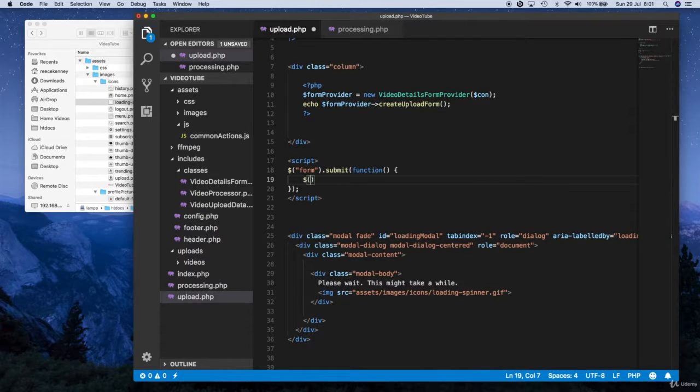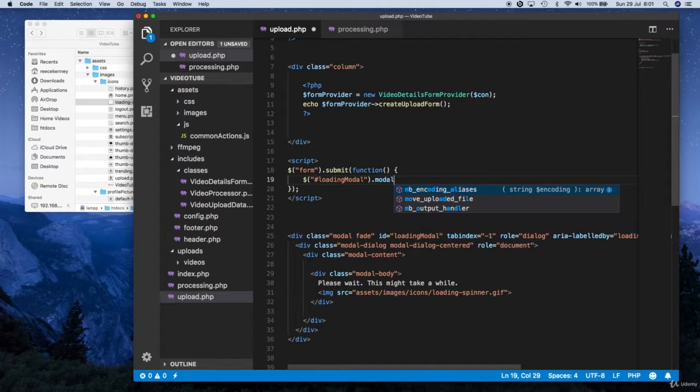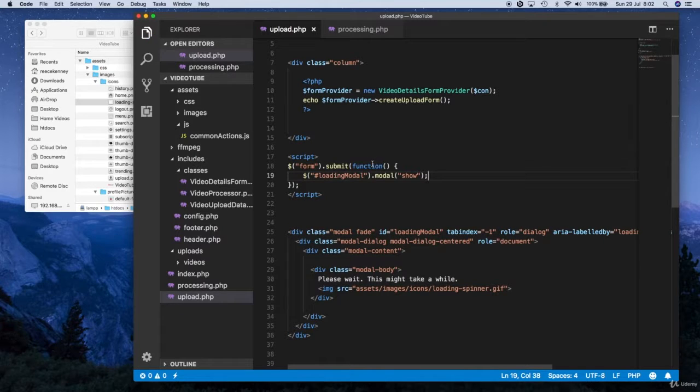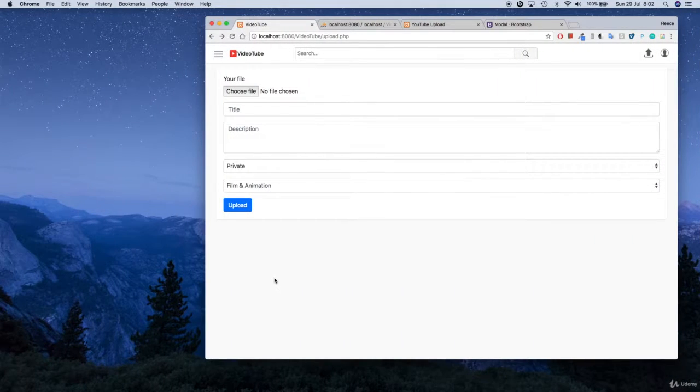So up here, we can call this in just one line of code. We can say $ parentheses in double quotes. We're going to put the ID, which is loading modal. Okay, we just named it right here, loading modal, and simply just say modal parentheses and just put show inside double quotes, and that's it. That will show the modal now. So give that a save, okay, and then go back to here and let's refresh the page,